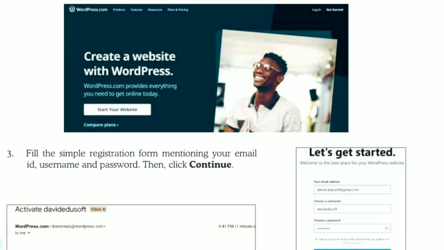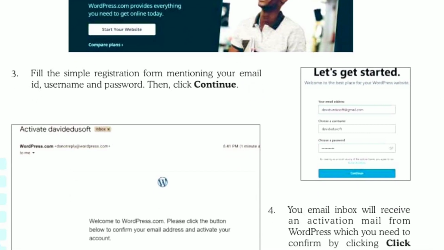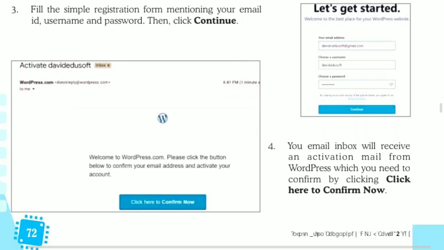Next, you have to enter an email address for activating your blog account. After filling all these details, click on the continue button. As we click on the continue button, a confirmation mail goes to your email. Open your email inbox, in which you have received an activation mail.